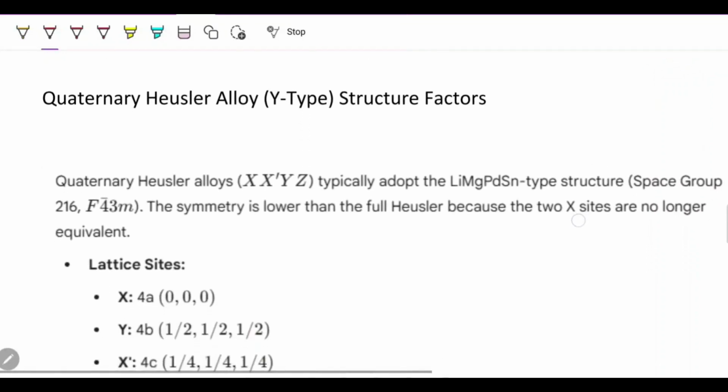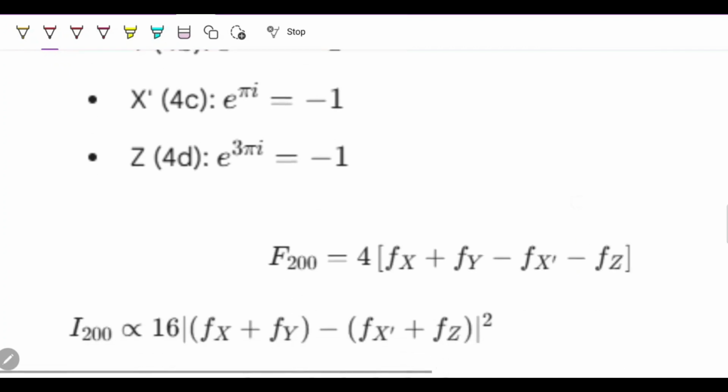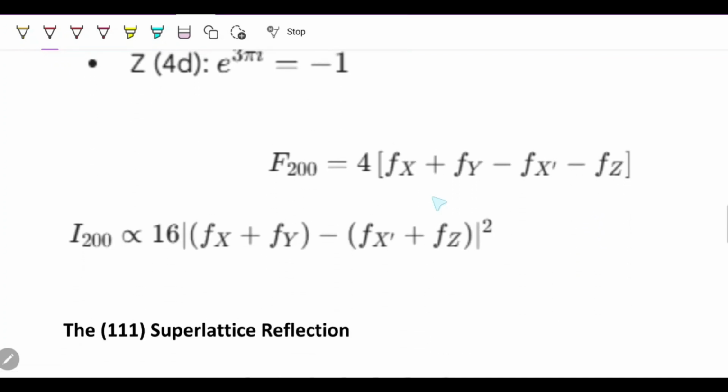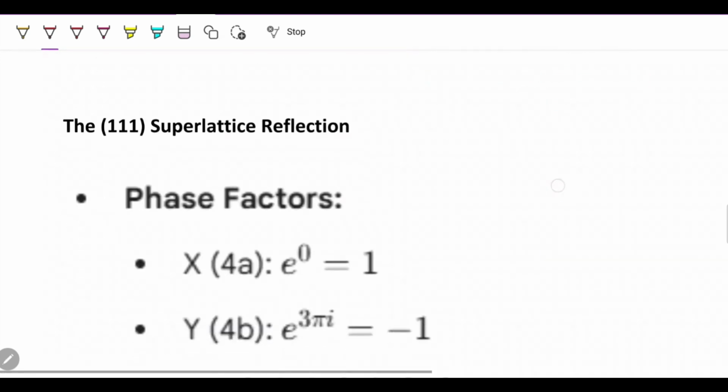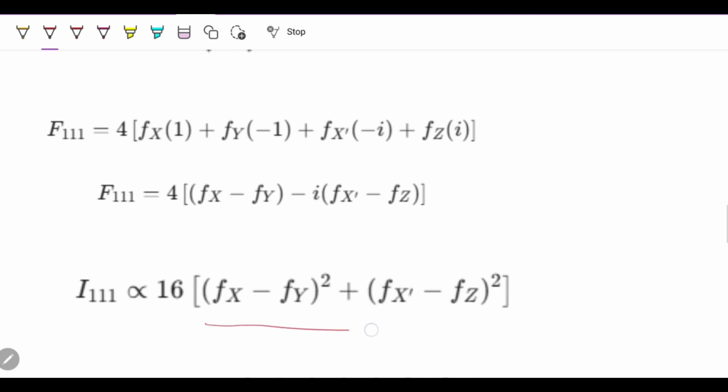And similarly, you can see for the quaternary Heusler alloys. If you calculate the form factor, this will come out something like this. You can calculate the XRD, and for the 111 peak again you can calculate something like this. So all these depend on how these atoms are sitting at the different positions, if they are fixed. So if we conclude,